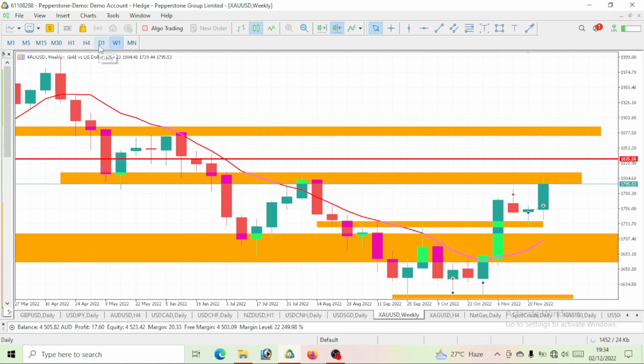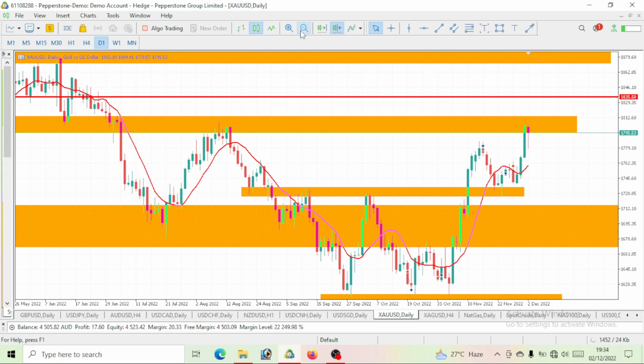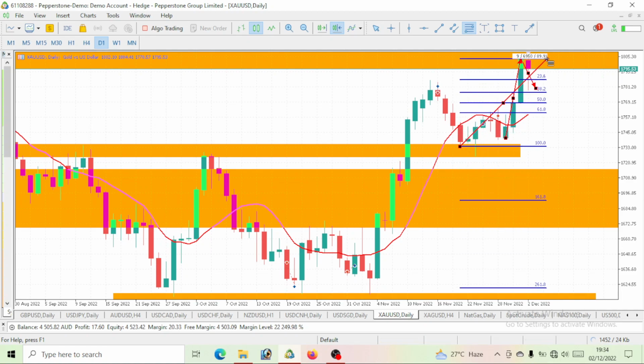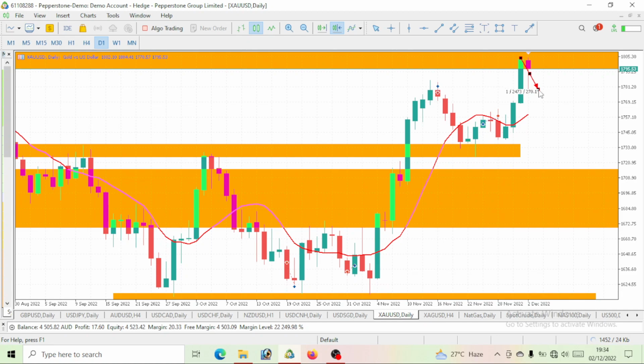Now that should take us to the daily time frame, guys. So now take a look at this daily time frame. What does this daily time frame tell you? You can see that this price has gone up to this level, right? So I told you guys that we should be expecting a pullback anytime soon. Guess what? We actually had the pullback at this level, right? So let's see what this Fibonacci says. You've seen a Fibonacci drop to close to a level of 38.2. So Fibonacci has given us that pullback, right? So after the pullback, we should be expecting another bullish move on this gold.